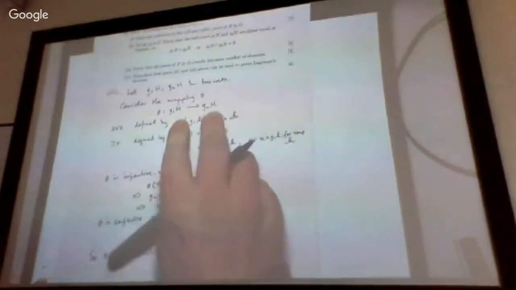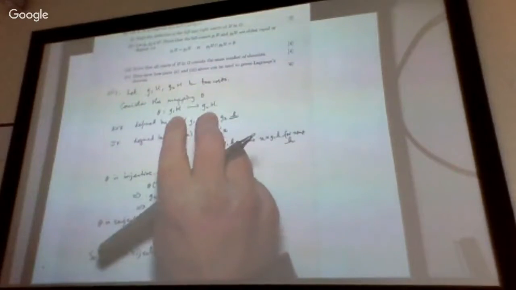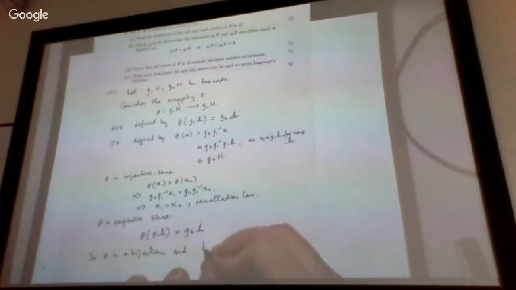So is it both injective and surjective? If both, it then means that it is bijective. Theta is a bijection. And the conclusion from that is that the two sets have the same number of elements. They certainly have a finite number of elements because they're going inside a finite set. G is finite in all of this. So the size of g1H is equal to